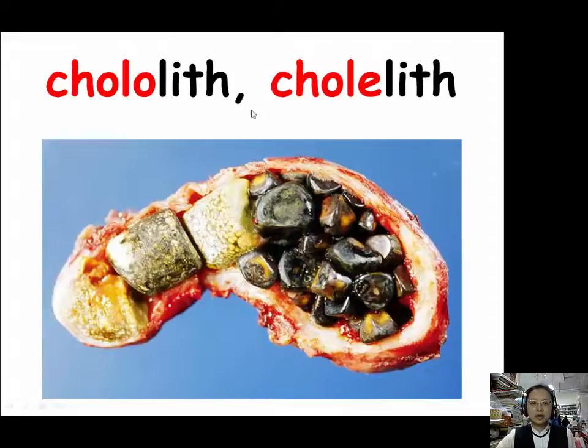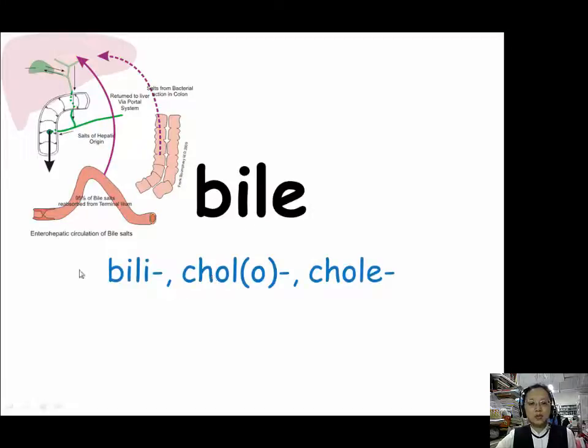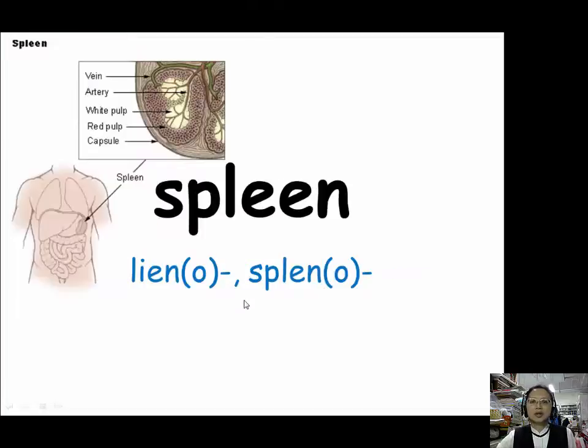They are called choleliths. Let's review what we learned. When we want to describe things that are related to bile, we have three prefixes: BILI, CHOLO, and CHOLE. When we want to talk about spleen, we have two prefixes: lieno, LIENO, and